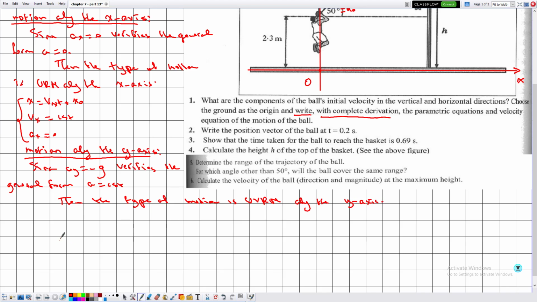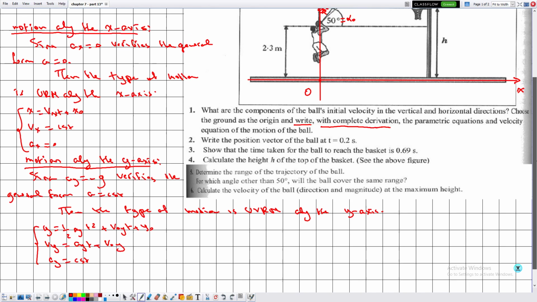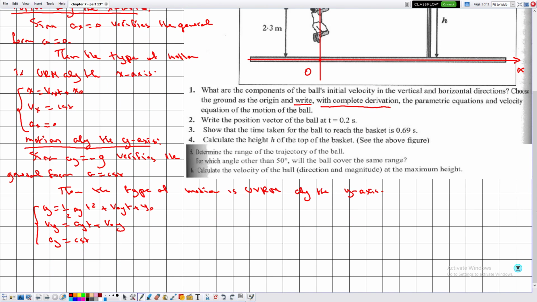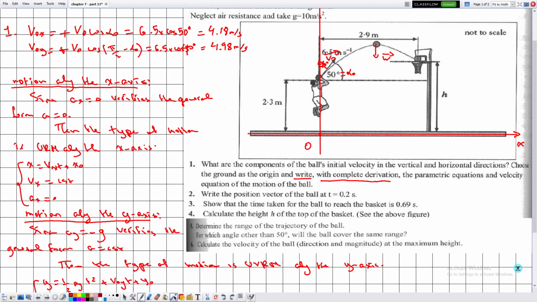So we have that y is equal to half ayt square plus v0yt plus y0. Now vy is equal to ayt plus v0y, and ay is equal to a constant. Now after we have specified the type of motions and determined these,